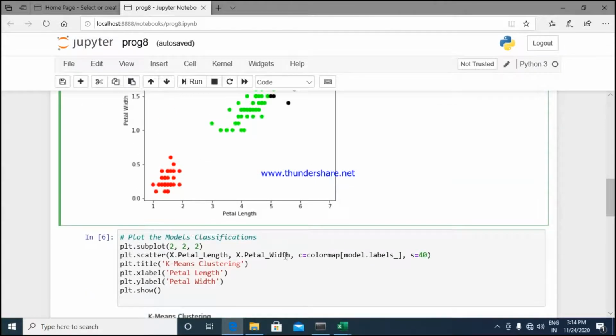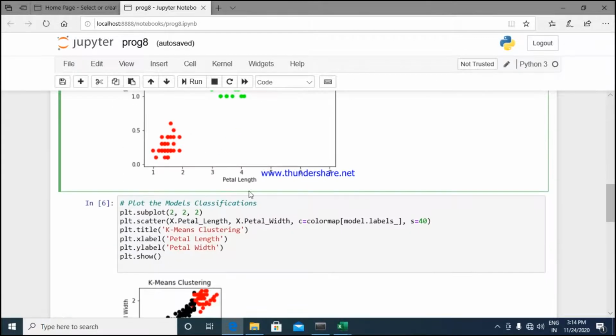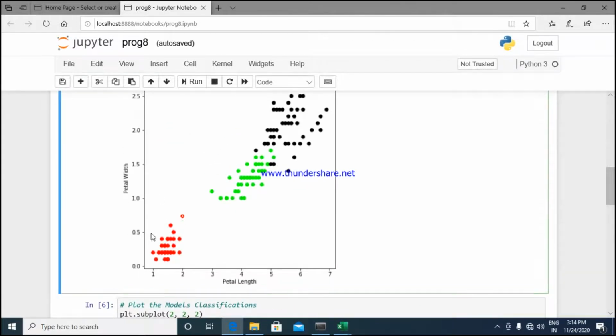If you can see here, depending on the petal length, you are creating clusters. For creating clusters, obviously what will happen, it will start with a single point. With that single point, it will draw a circumference of that particular area. Whatever value is similar or nearby to that particular circumference, it will catch those points and form a cluster. The same thing you can see here, they are forming a cluster.